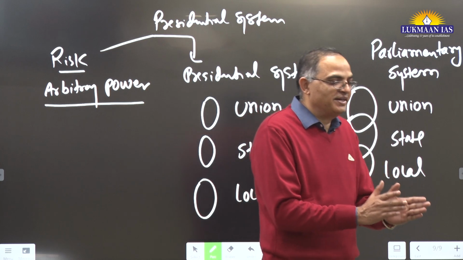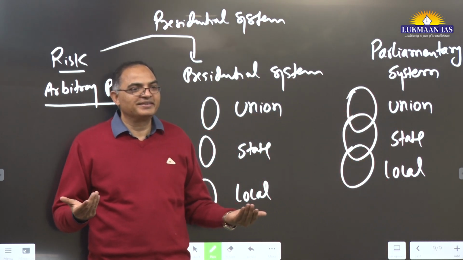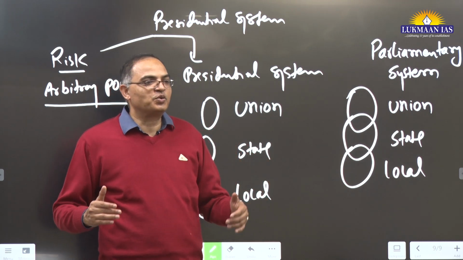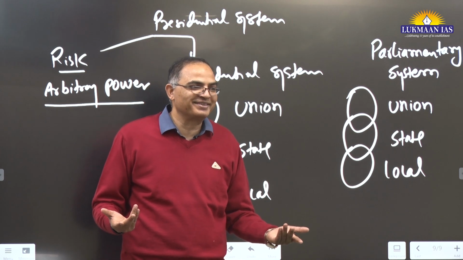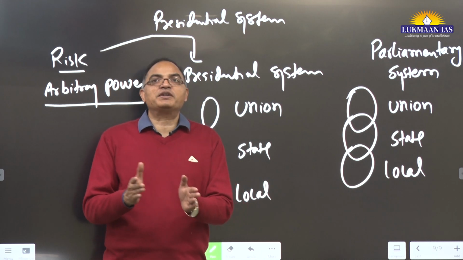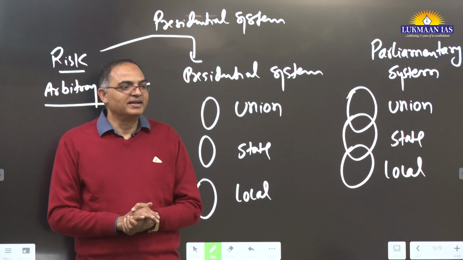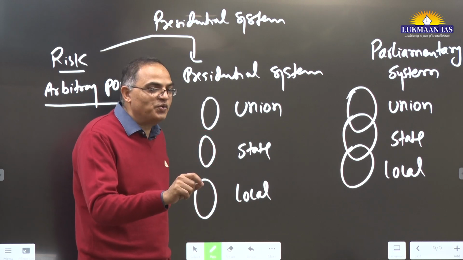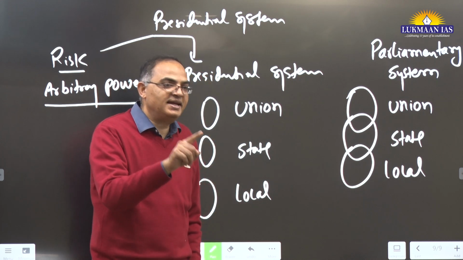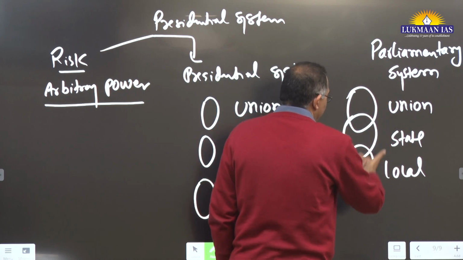One day we'll teach you the 73rd, 74th Amendment Act, and there also you will find that there is not any one leader. The mayor is a formal head, and the real head you do not know. You do not know who is the real head of Delhi Municipal Corporation, because he is the standing committee chairperson. You do not know him. Then the municipal commissioner is given half powers. So in urban areas also there will be no one leader. At the state level also there is no one leader, and therefore the union government will have interference in all.